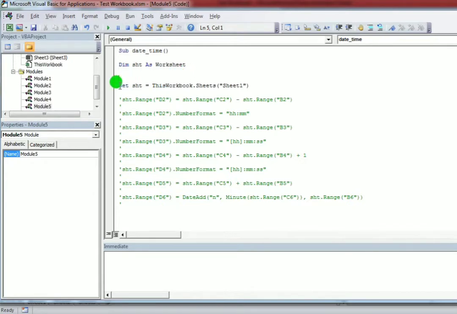In this line I have set the worksheet where I'm currently working, as you already know. Now I am uncommenting this line. Here I have calculated the difference between C2 and B2. I have subtracted B2 from C2 and saved the result in D2. Now I'm going to execute this line.